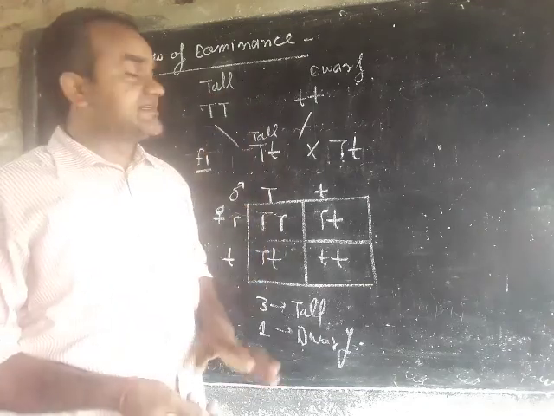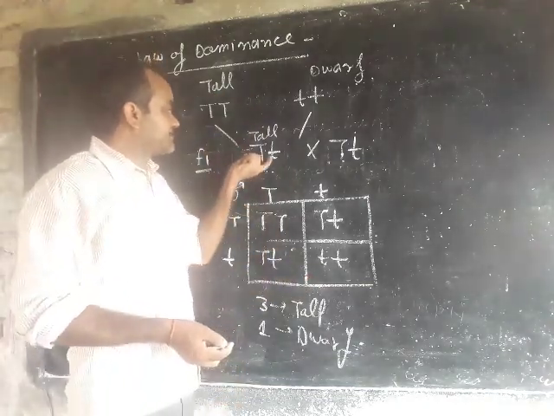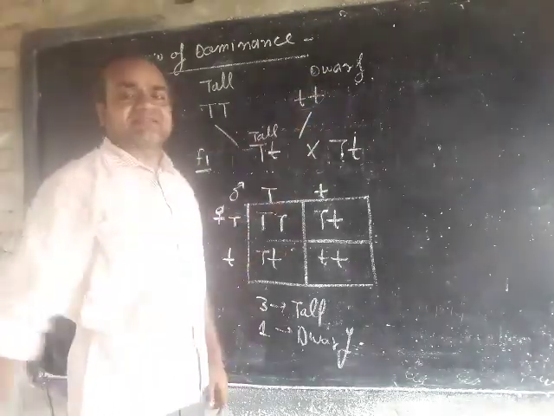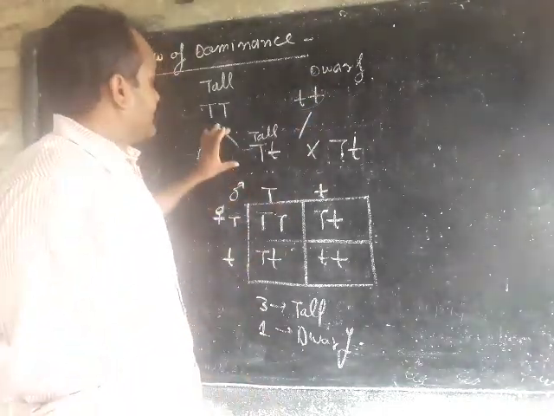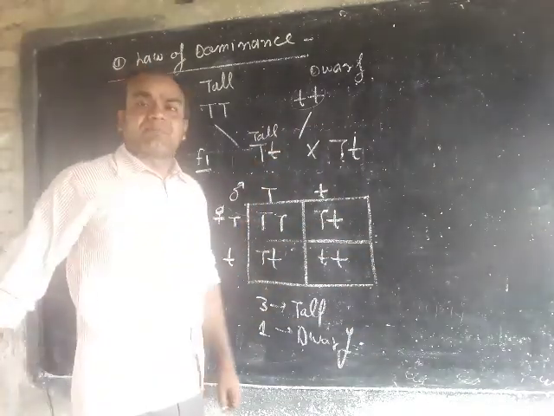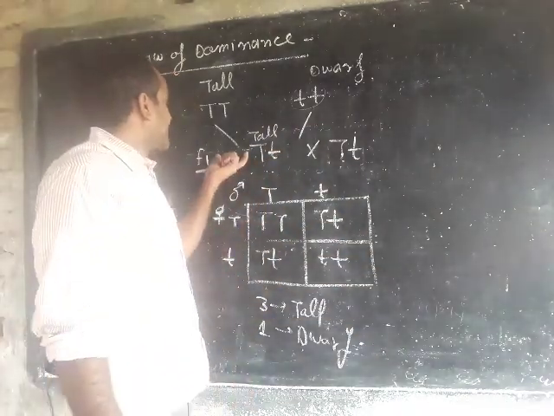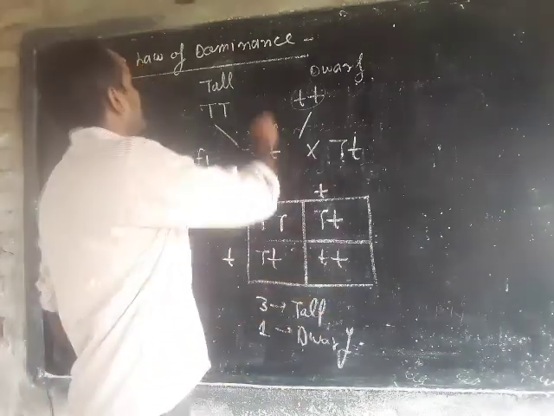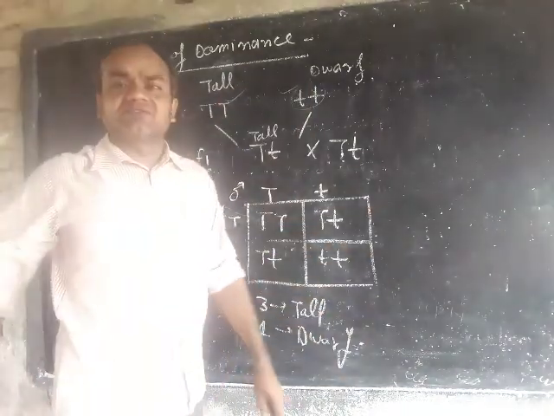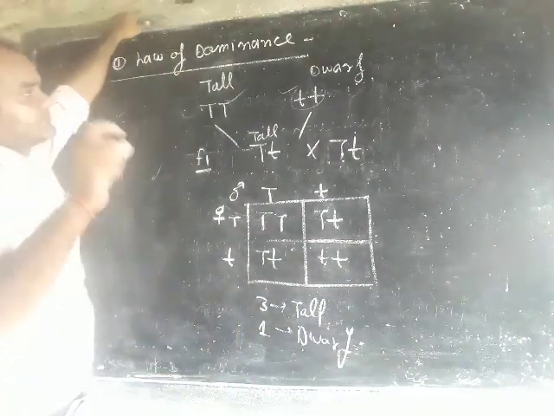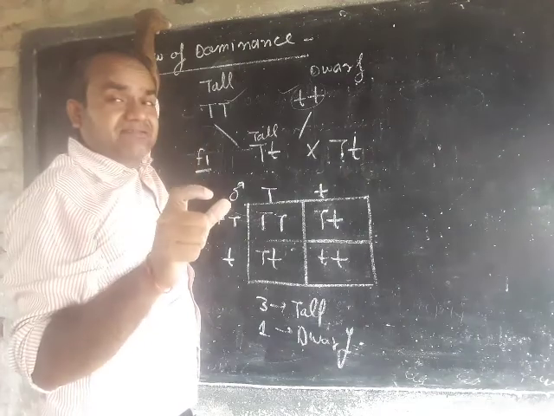And the third one is the test cross, when we cross the F1 generation with the recessive parent. Its recessive parent we call the test cross. And in the case of back cross, a cross between the F1 generation and any parent is known as back cross. And we will tell you what a cross is.